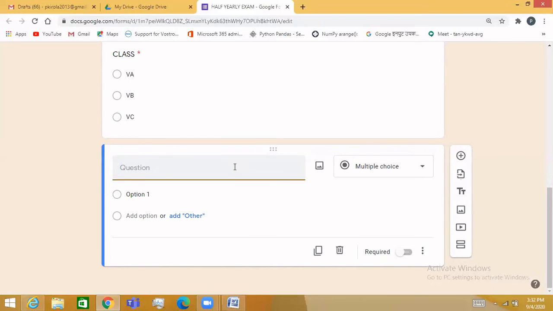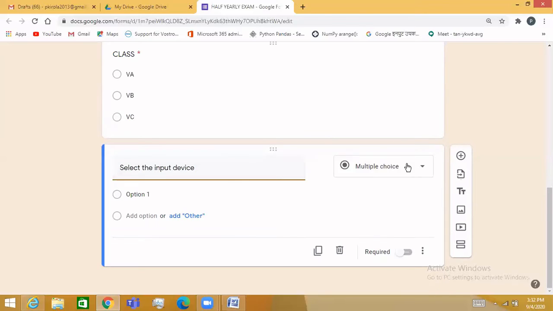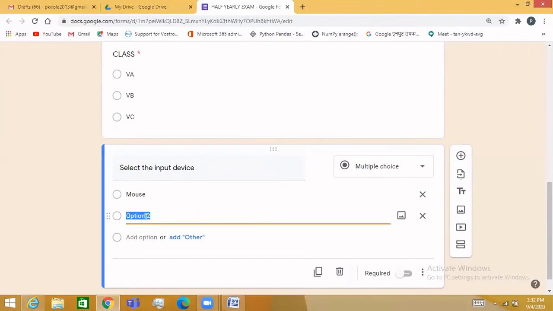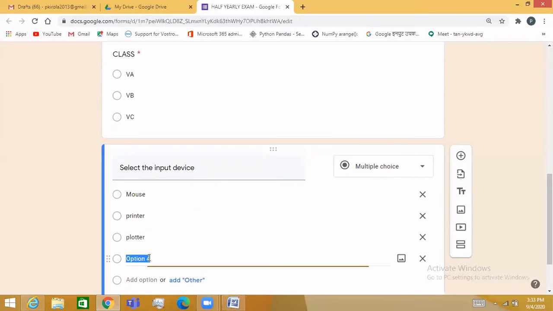So the objective is, let us take, select the input device, and I am giving it as multiple choice, and the options are, let us say, mouse, printer, plotter, and none of the above.